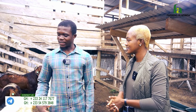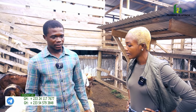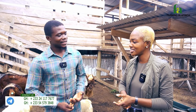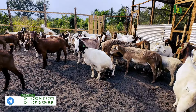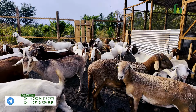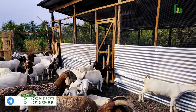So with the demand, in terms of the goats, it's actually all year round. Because all the time people want goat for meat, the chop bar associations are chasing for meat. Those who want to also breed are also coming in. So with them, it's all year round for the goats. So there's always a demand for goat meat. And with the sheep,